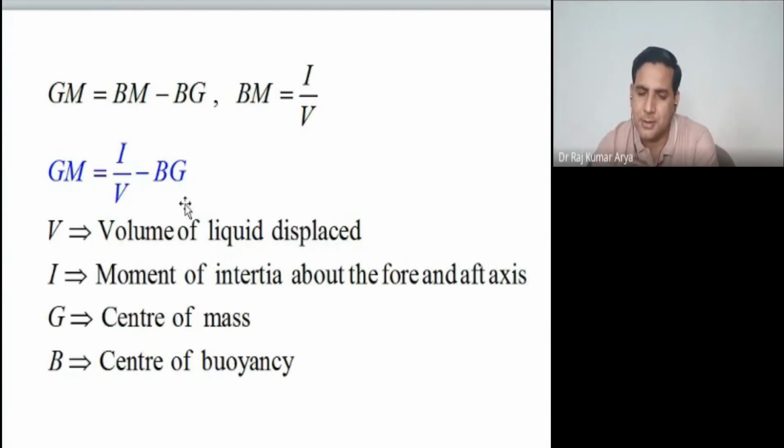So in tomorrow's class, we will do a question so that you can understand more how to do this calculation part, because theoretically you have understood, but you also have to do the calculation for that. Fine. So we will end this class here, and in the next class we will do how to calculate the metacenter stability of the floating body.